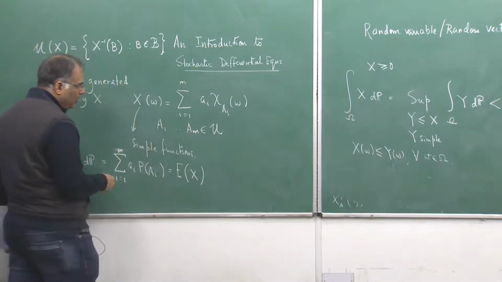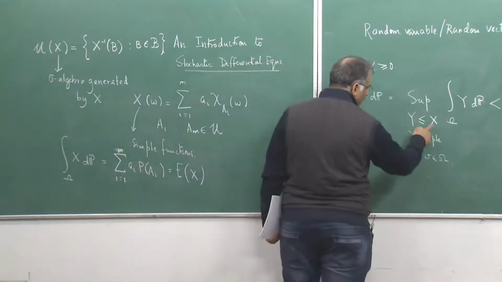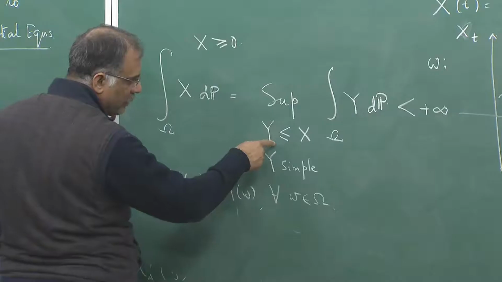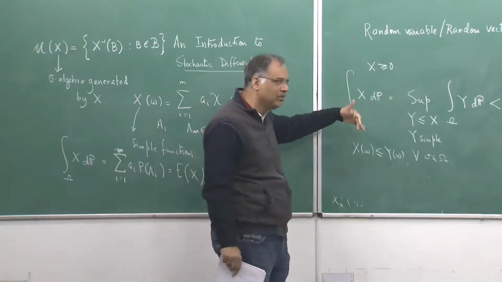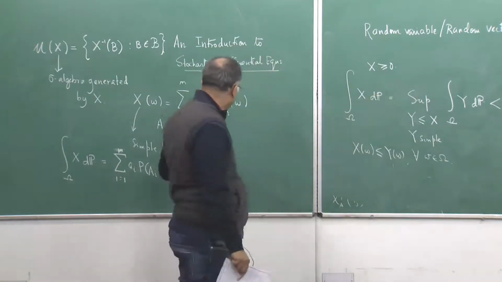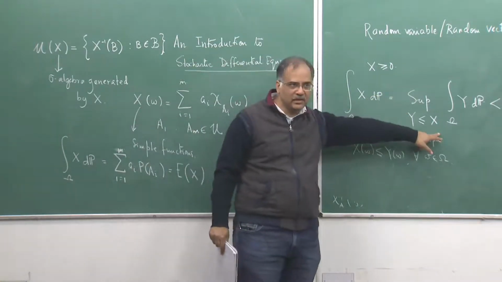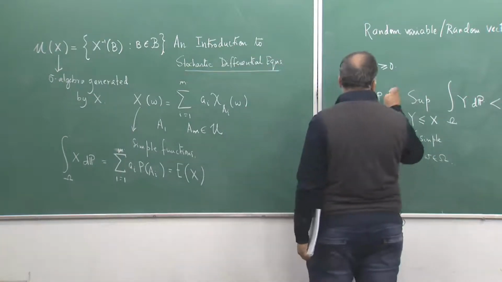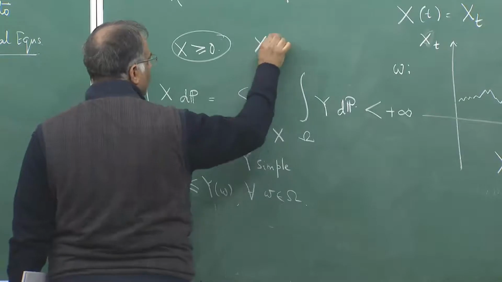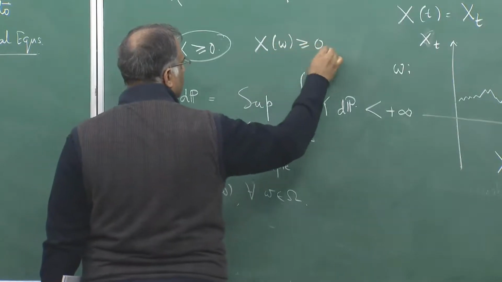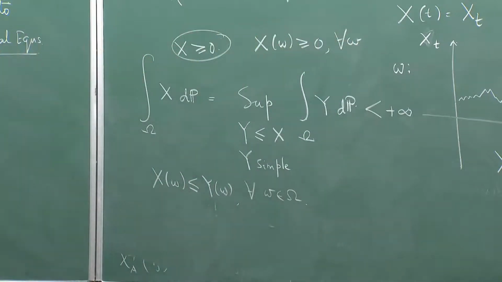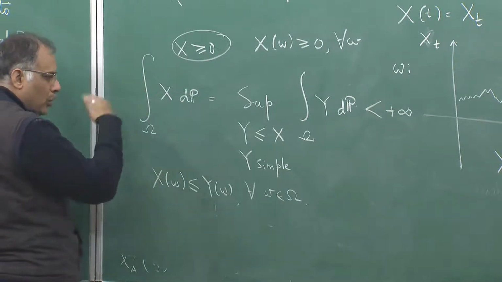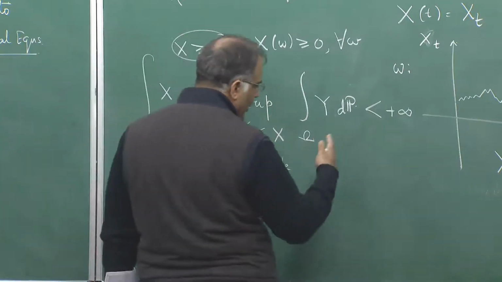So, if I am talking about non-negative random variables, some of the y's can be with the situation where all the AIs are non-negative, some can be with some non-negative, some negative. If all the AIs are negative, of course such a y is less than this. So, this definition actually works for a non-negative random variable, that is x of omega. This writing for all omega is not really technically fine, but it does not matter for this situation, that is exactly what it means.